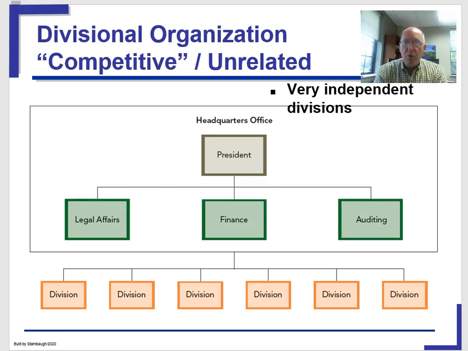And the reason for that is everything is out in the divisions. So this is what you use when you're basically saying, I hire and fire the managers, I hold them accountable. Other than that, they have a lot of autonomy. So in a sense, decentralization is extreme in this because the authority is decentralized out to these people.